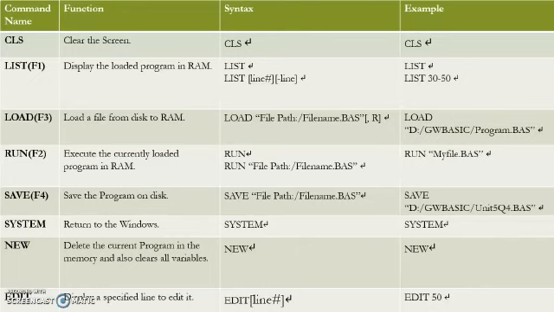Then the last command over here is edit. What will this command do for us? It will display a specified line to edit it. In case we have any editing in the recent program or loaded program, we will use this command. For the edit command, the syntax is to type the edit command and then mention the line number that you need to correct or edit. Example over here: type edit and then give the line number 50 and press enter. Line number 50 will be selected, and here in line number 50 we can edit.